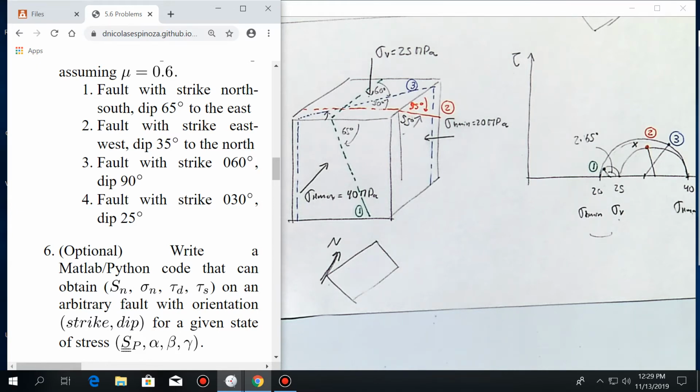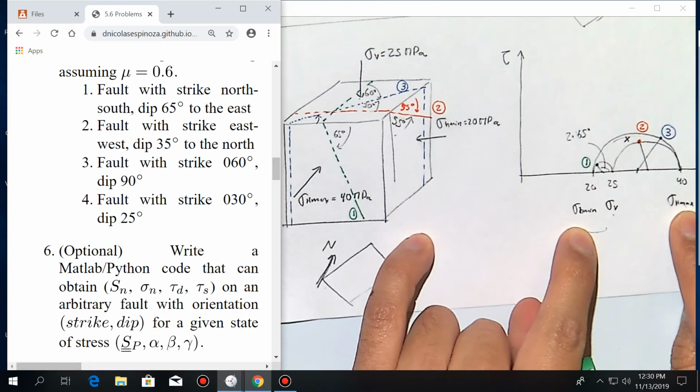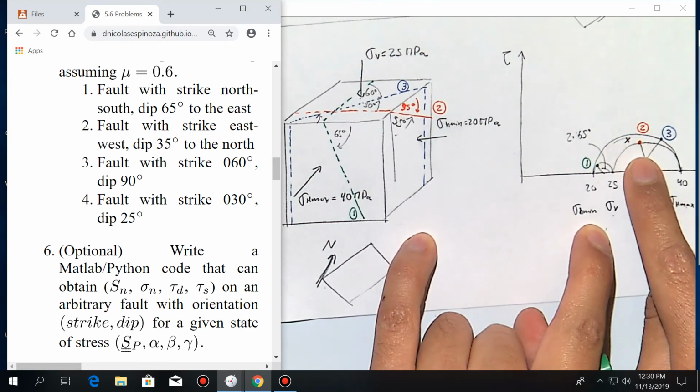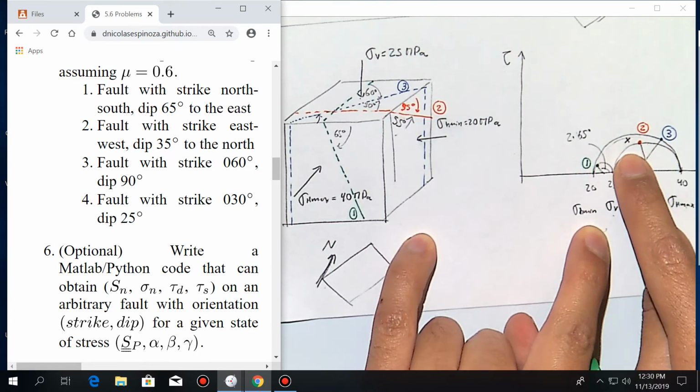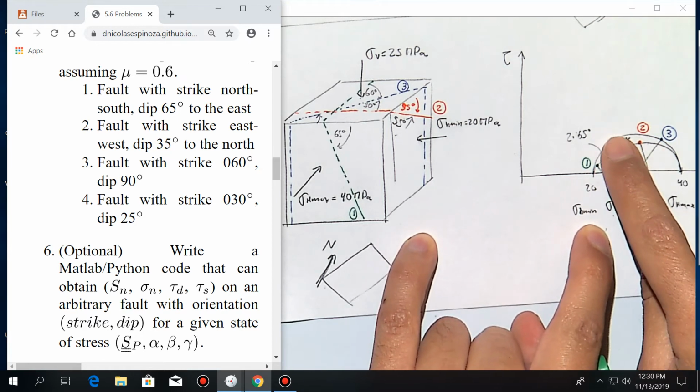In real systems, we have many times fractures in many directions. Most of them are organized systematically with some patterns, but sometimes not that much. But what you find in nature may not be necessarily what corresponds with the current state of stress. That's why it is important to get to know the state of stresses, to map all the current fractures, so you get to see if they are close to